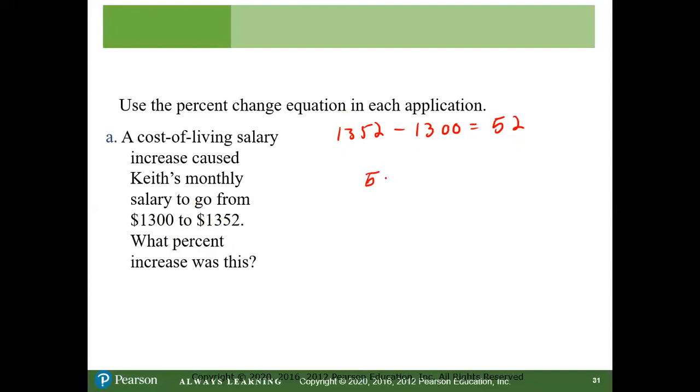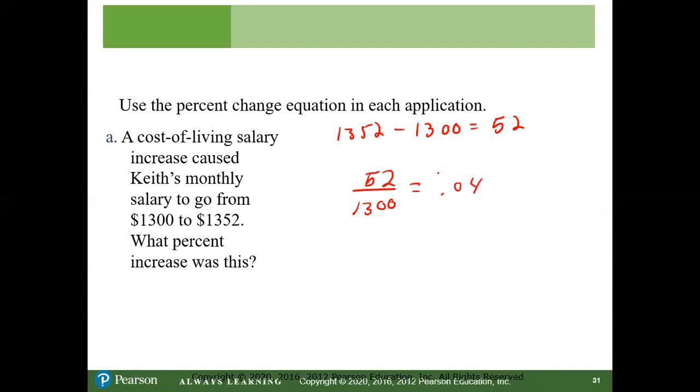We're going to take that increased amount and divide it by whatever the original amount was. So it's always the original amount, not the smaller amount, not the higher amount. It's always whatever the original amount was. So we used to make $1,300. Now he makes $1,352. So we're dividing by the original amount. So $52 divided by $1,300. And that is going to give us